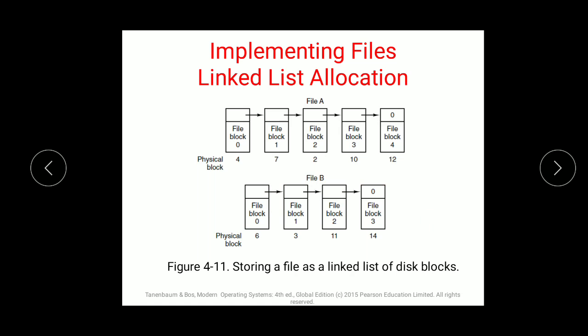Sometimes if there is an error, then they show you a wrong pointer as well, which can be a problem. This error could result in linking into the free space list or another file. This pointer can give you a wrong opening of a file or can give you free space for deleting the data. That is, misconceptions can go around for the linked list format.